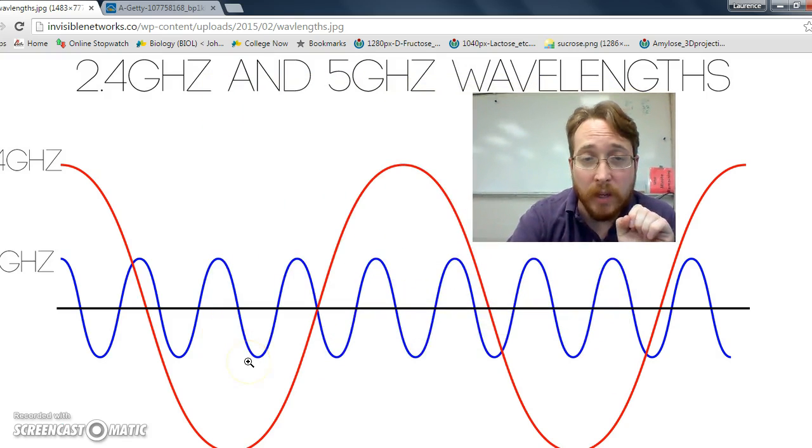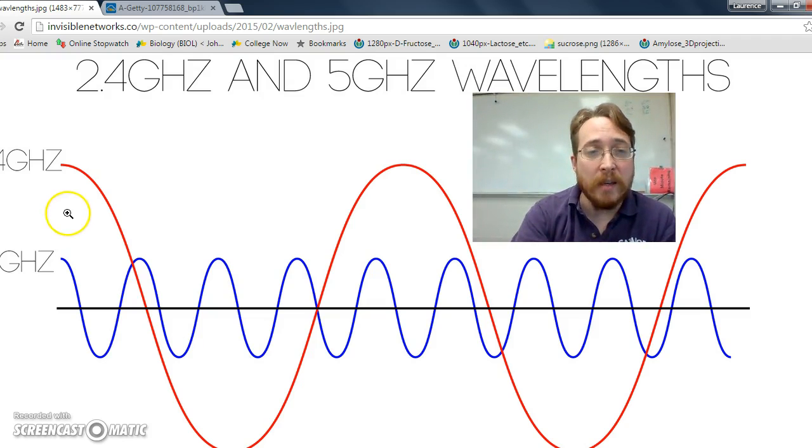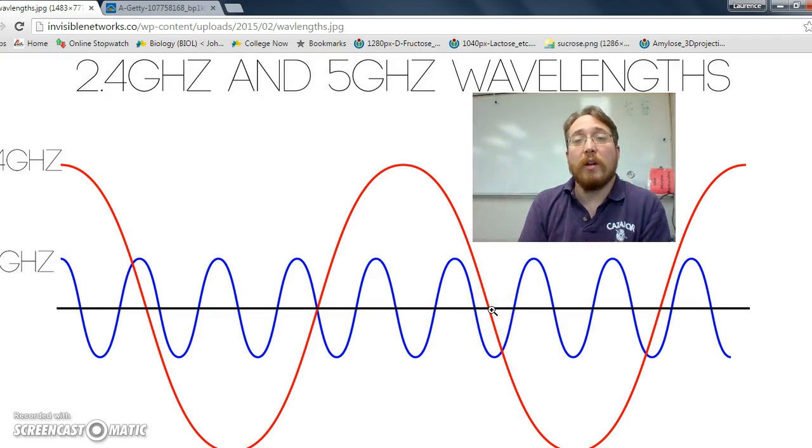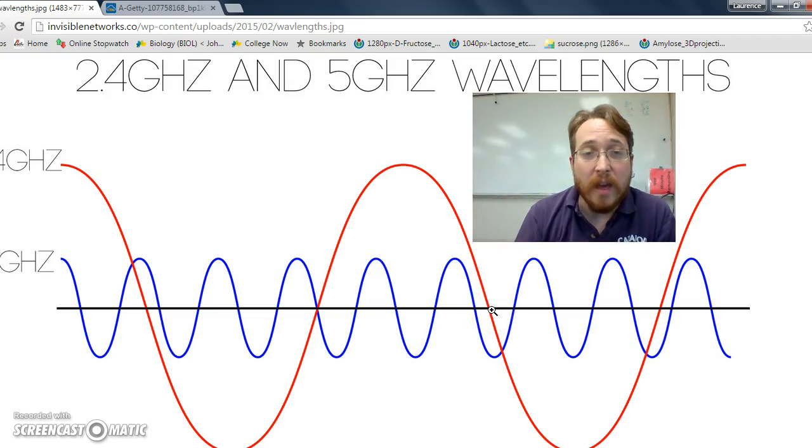Waves have a quality called a wavelength. What this wavelength measures is the distance between one point in the wave and the next identical point in the wave. You can measure it from crest to crest, or from trough to trough, or from a point where it's descending to the next point where it's descending. As long as you're picking two identical parts, you can measure the wavelength, and the wavelength will be the same throughout that wave.